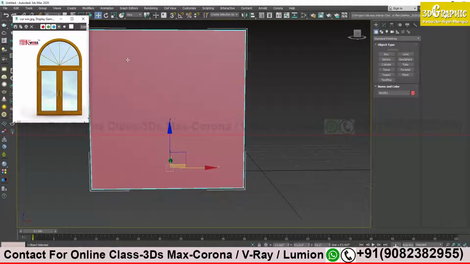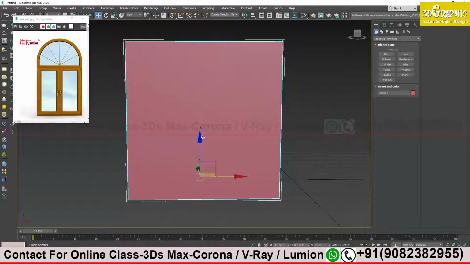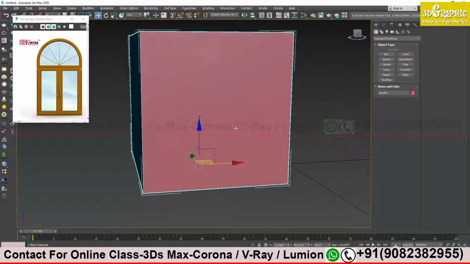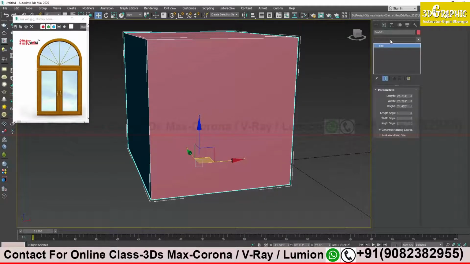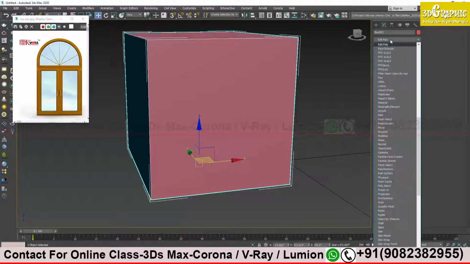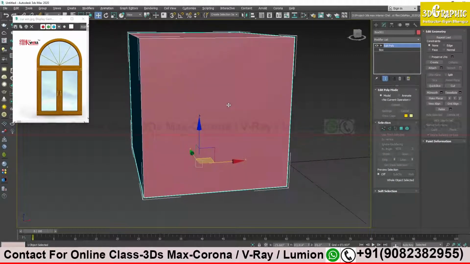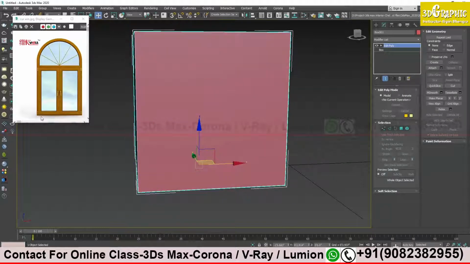We have to create this window on this, suppose this is the wall of my room. As I told you, we need to create this shape, this outline, over here on my wall. Right now I don't have any line or edges over here, I have only the big outer edges. So to create any line edges, I have to go to modifier and editable poly. Now I need one edge here, one edge here, and one more edge at the end.